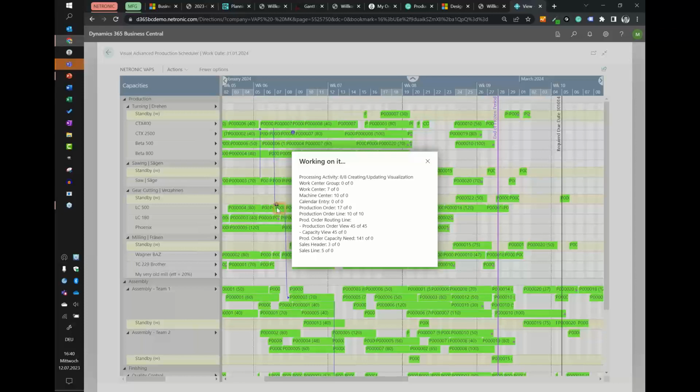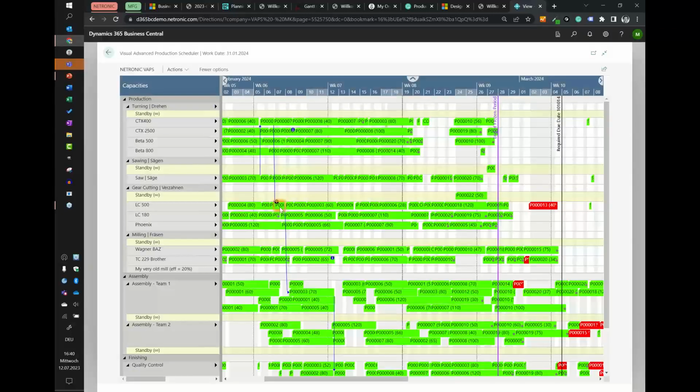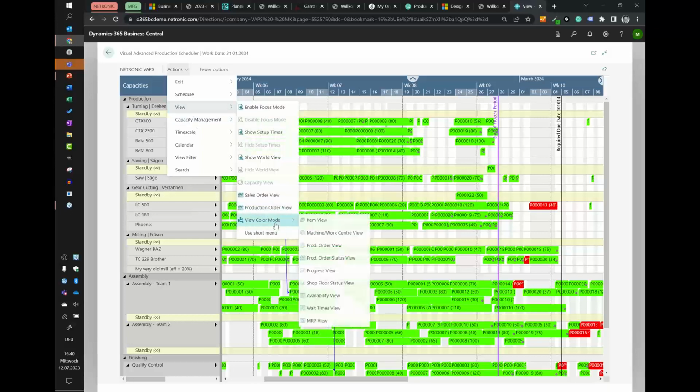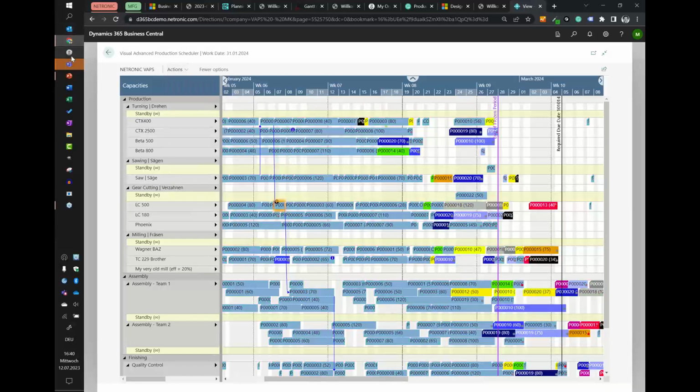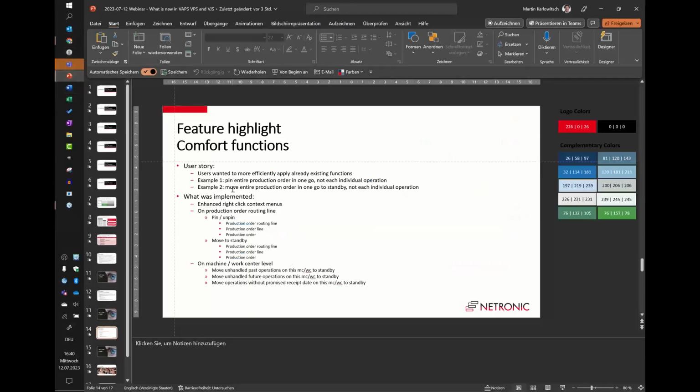But with the pinning, for example, we always could pin only one operation. And now let me change the coloring so that I get a little bit more contrast. And then back to the PowerPoint. Another example,